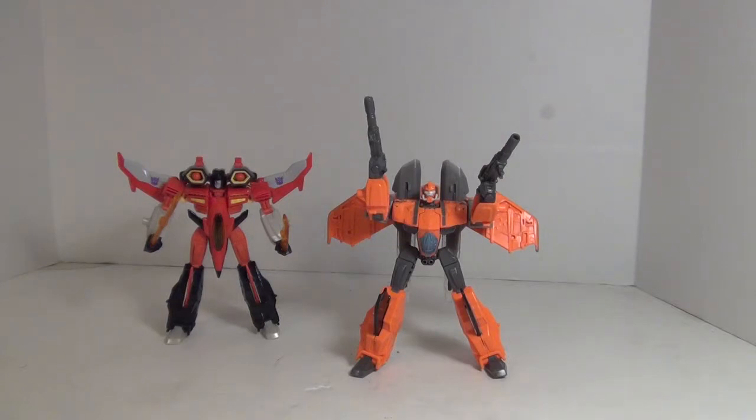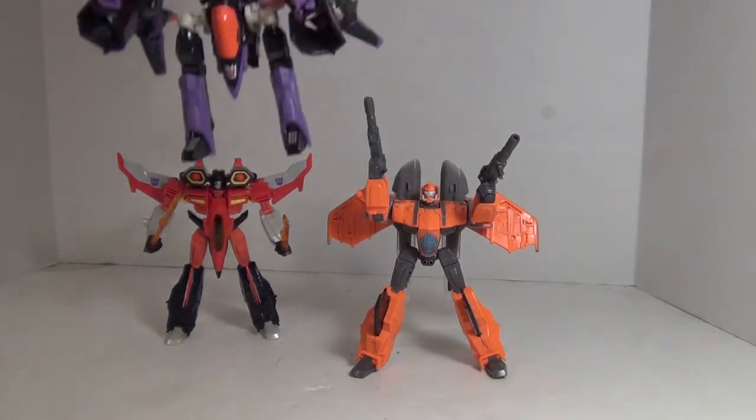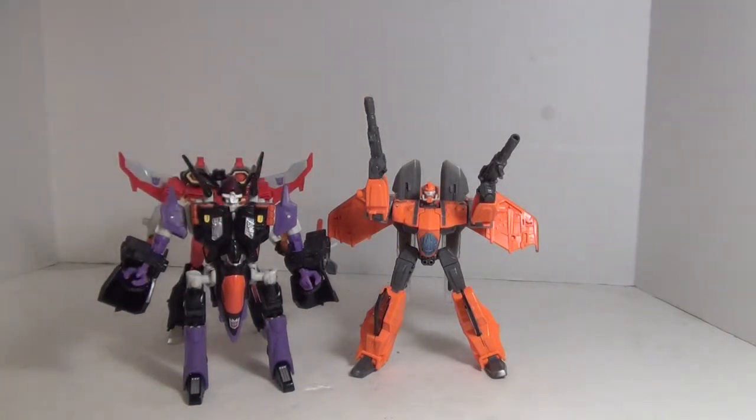But yeah, if you're a fan of Jhiaxus in the comics, if you like the Collector Club comics and don't feel like you could afford to get the Universe 1.0, which reminds me, here's another comparison with that mold that the previous Jhiaxus was from. And as you can see, it's a little bigger, but ultimately not as good looking as his new mold. So this might be a better fill-in for that Collector Club Wings Universe Jhiaxus than the mold they chose to use for it. But anyway, I hope you've enjoyed this little review,